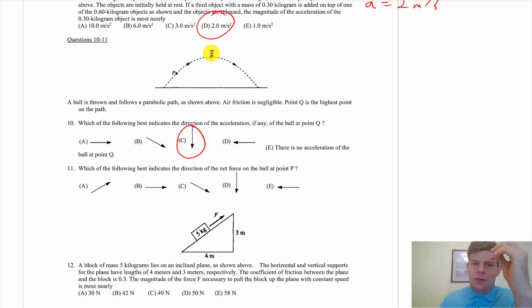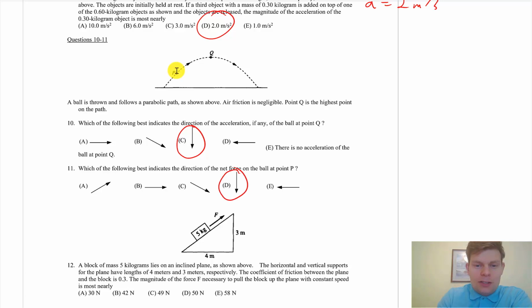So the velocity goes to 0, at least vertically, at Q. The acceleration is not. It is always being pulled by gravity. And if it's being pulled by gravity, it's being accelerated. And which of the following best indicates the direction of the net force on the ball at point P? Again, assuming no air resistance, say air resistance is negligible, what are the forces acting on point P? Just gravity still. So again, even at point P, its velocity is up at an angle,